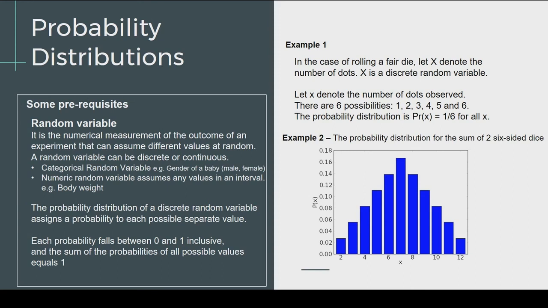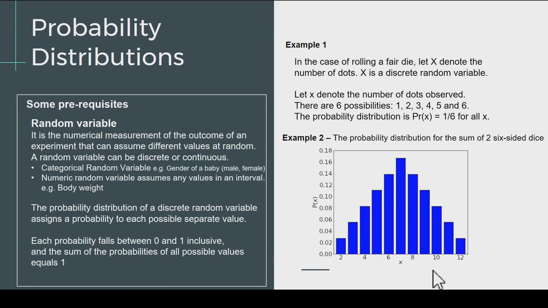Now, if you try to build a probability distribution chart for this use case, what we would have on the x-axis would be the list of all possible outcomes for that use case. Now, what are the different values? In this case, the value would be the sum of the values from two dice. Now, what is the distinct set of values that the dice can showcase? The least will be 2, that will have 1 and 1, and the maximum will be 12. You won't have any values which will fall outside this boundary. Now, what are the different possibilities of getting a value like 6, a value like 8, a value like 10,